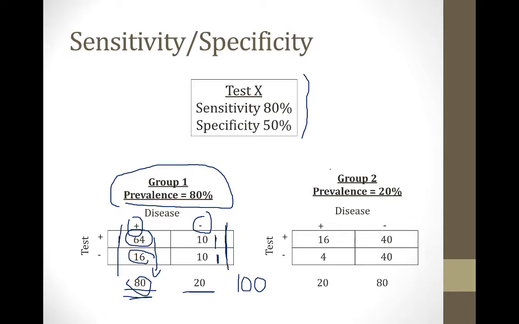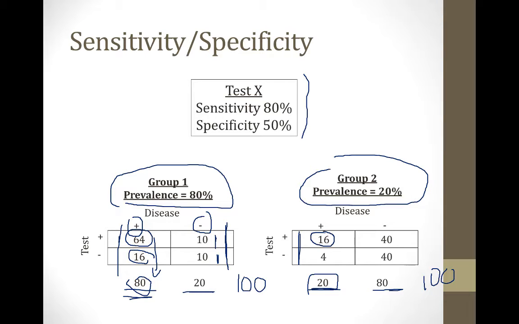Now let's repeat this exercise for group 2 where the prevalence is 20%. So once again, I'm going to write my 100 imaginary patients over here. But this time I'm only going to put 20 of them on the left side in the column that represents disease positive, and I'm going to put 80 on the other side. However, I'm going to distribute these 20 patients among the two quadrants, once again, based on the sensitivity. So 80% of them go up here, that would be 16,